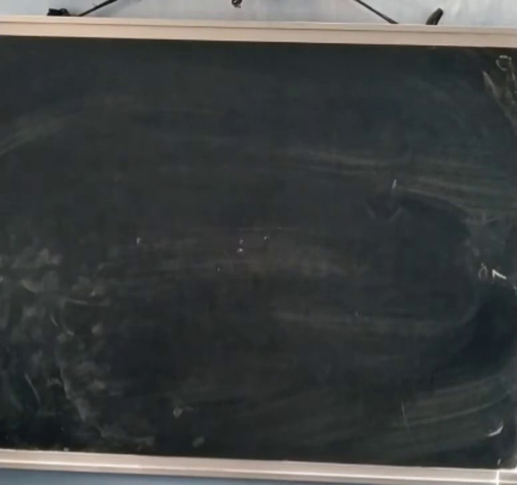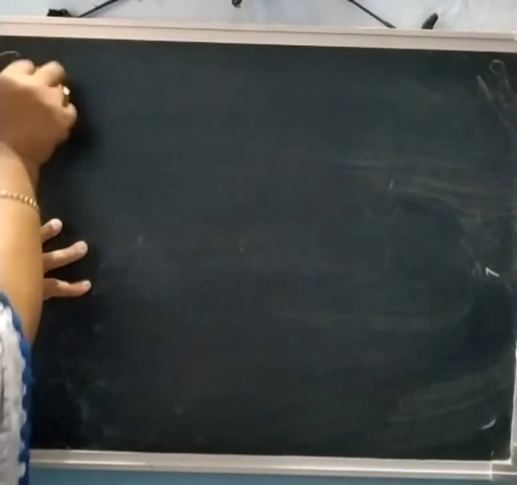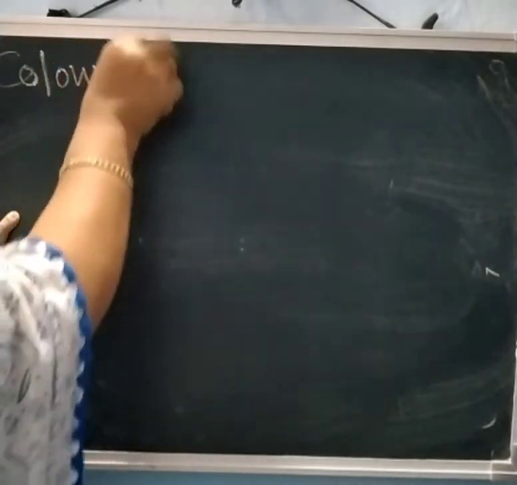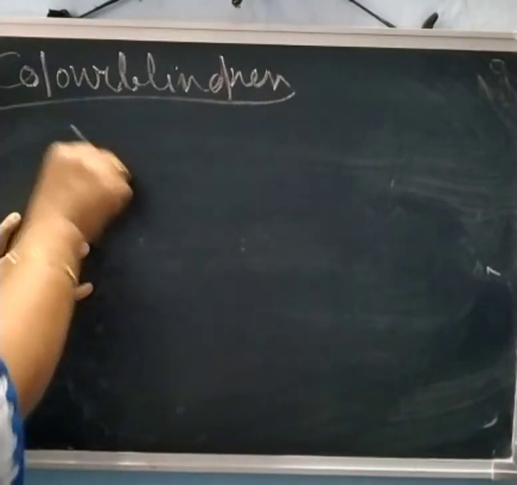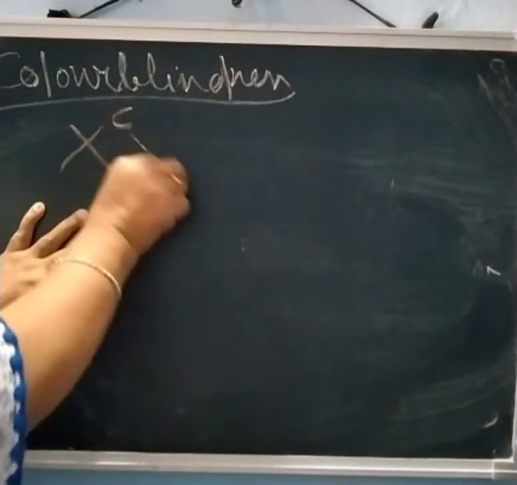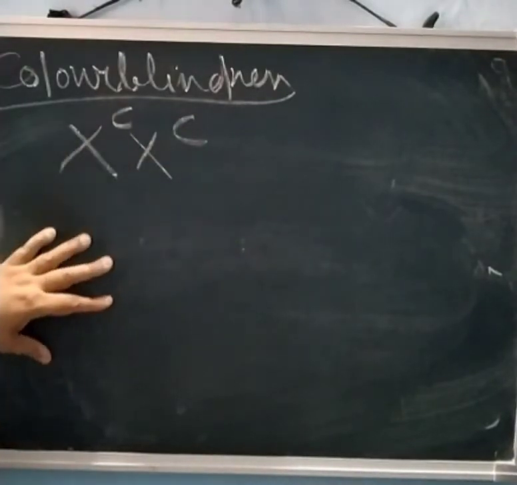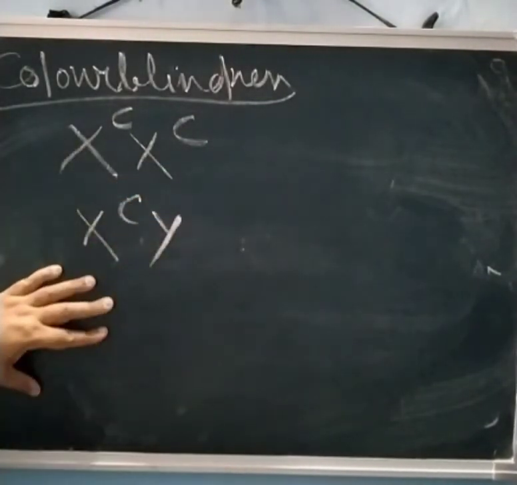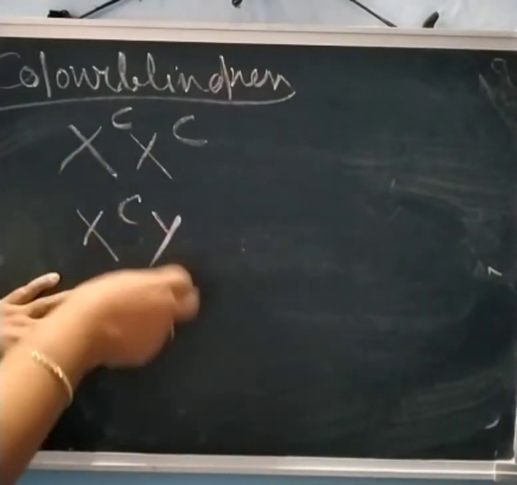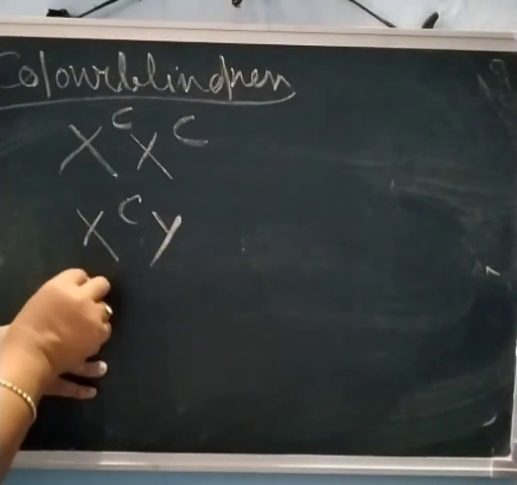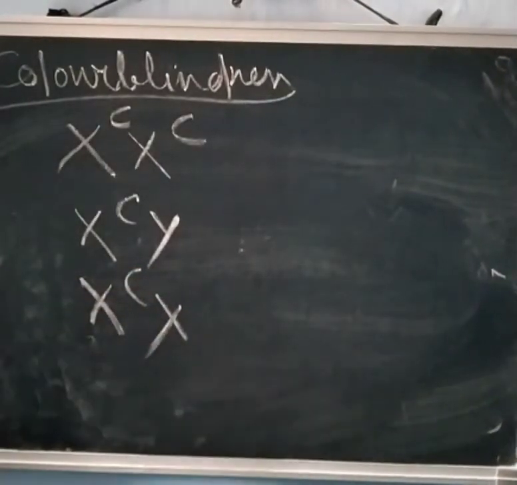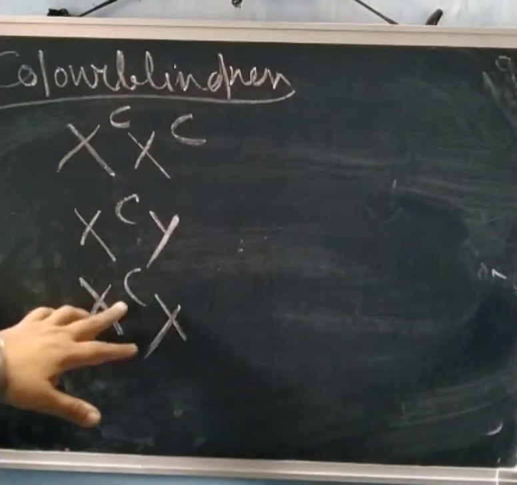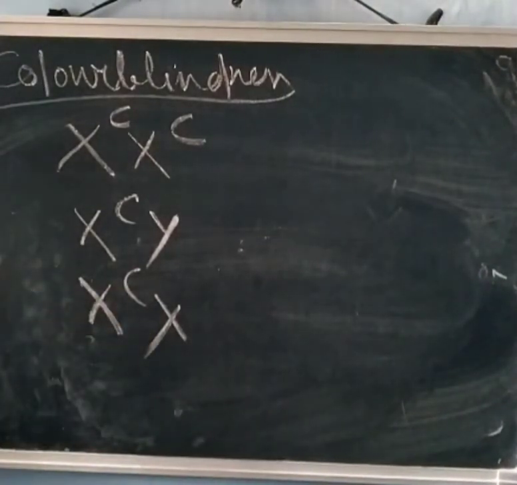Next one is color blindness, the same way, also like hemophilia. The same principle of genetics is followed. Color blindness also, same thing. The X carrying XcXc is a female who is affected. If XcY, then this is the diseased one, and if it is a carrier, then this is the carrier. Okay, this is the carrier female. So these are the Xc. C means color blindness, and for hemophilia you can write XH. Okay, it's not Xc, XH also you can write.